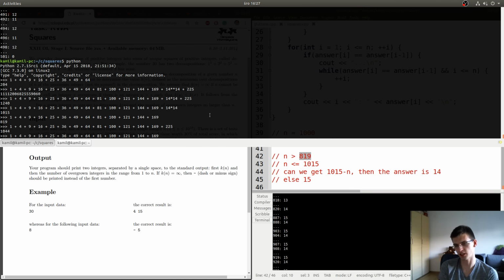For a moment I thought maybe we could do some knapsack DP with that as a dimension, but here we see that it's impossible. Also, I don't have or see a proof that the answer in this interval is 14 or 15.